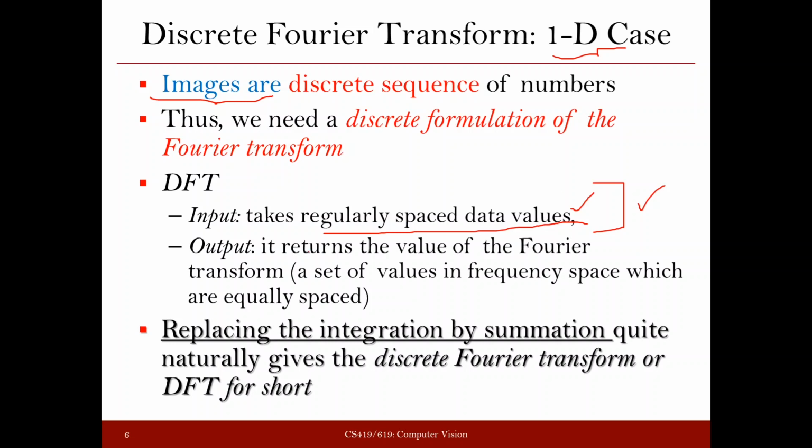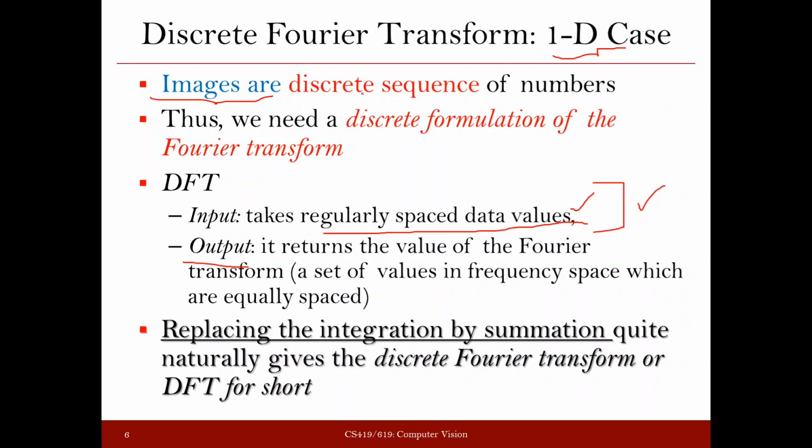Okay, and what is going to be the output for this operation? The output is going to be the same as what we had earlier. We are going to do the Fourier transform. So whether it's a discrete signal or a continuous signal, when you are performing the Fourier transform, you are going to get the representation of the input signal in terms of frequencies in the Fourier domain, right? Or you can say that when you apply this, you get the Fourier transform of the given signal.